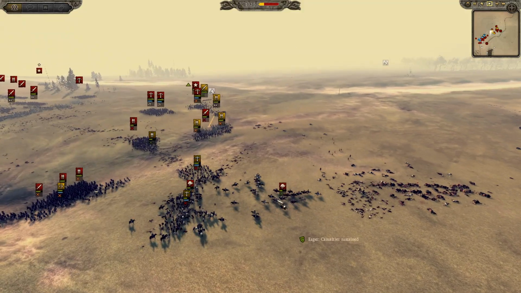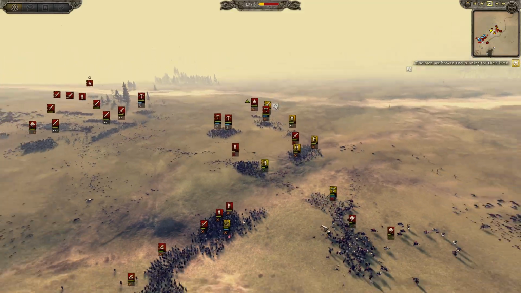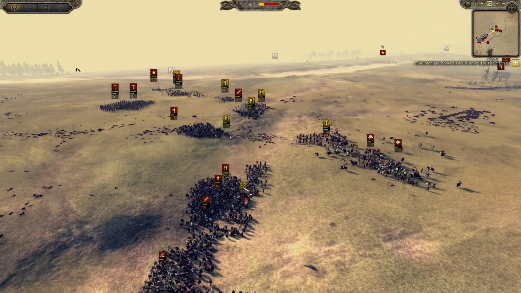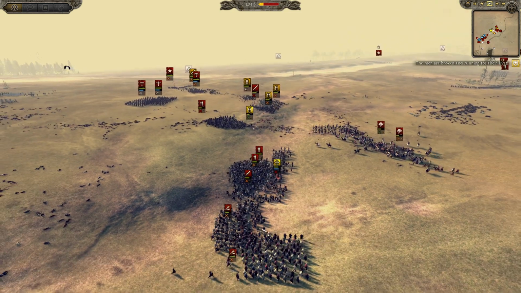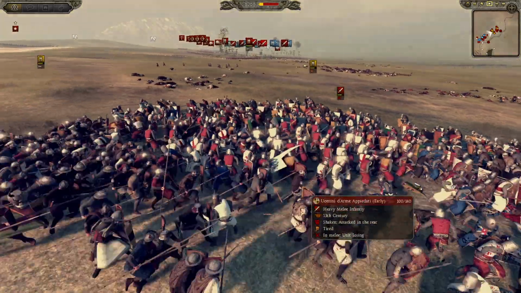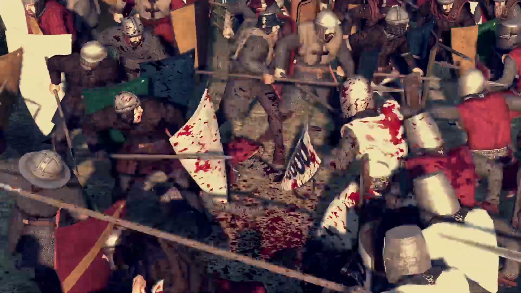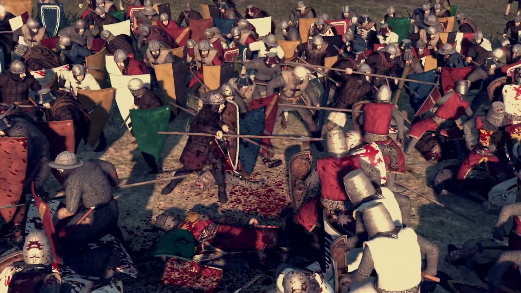Here you go. Here's the arrival of those cavalry, and they've just gone, as I said, into the back of my crossbows here. Nothing I can do. Flee the field of battle. Archers now going in as well, trying to hold back dozens of units there. And the infantry continues to fight on here.